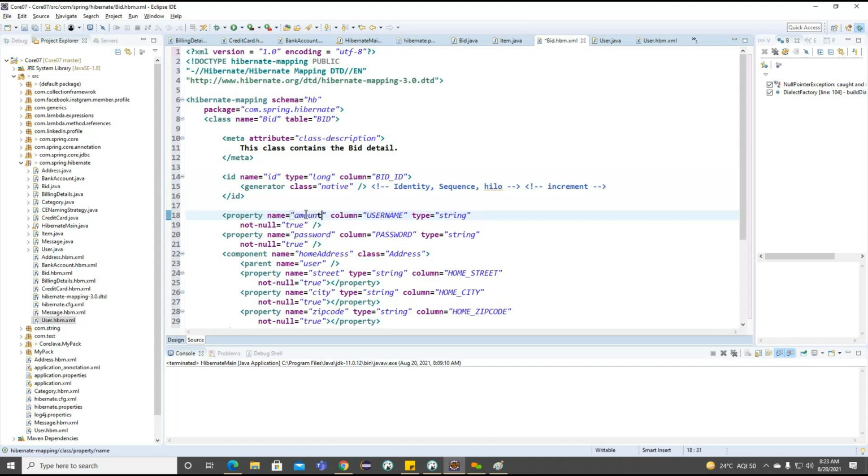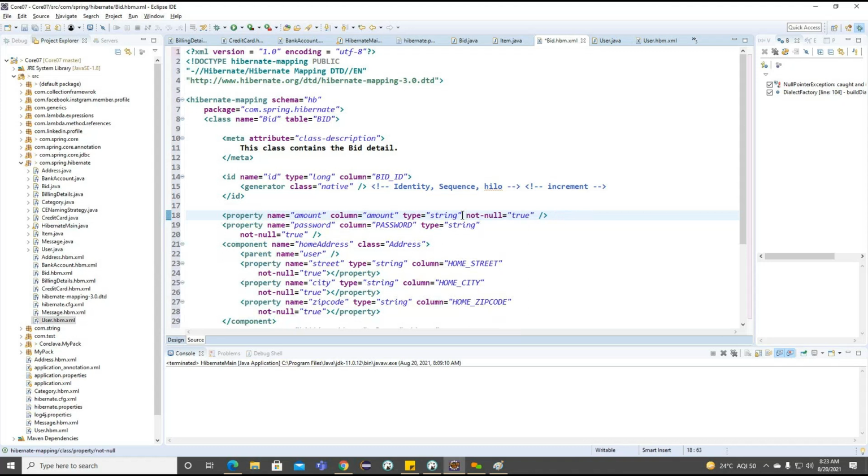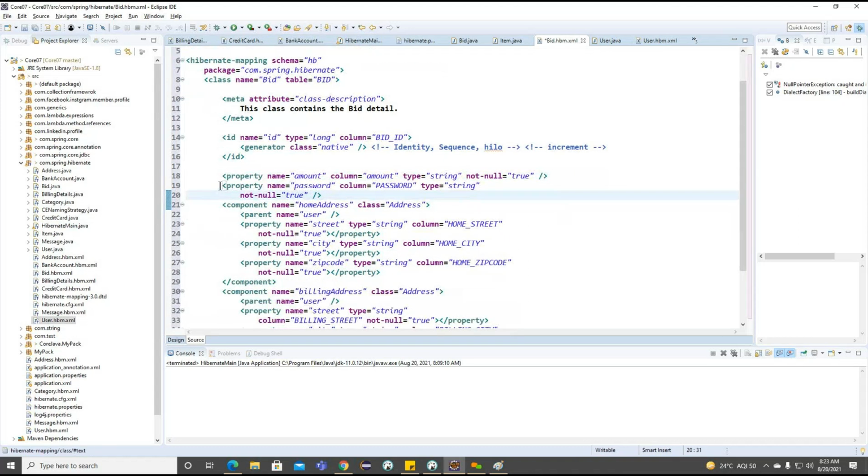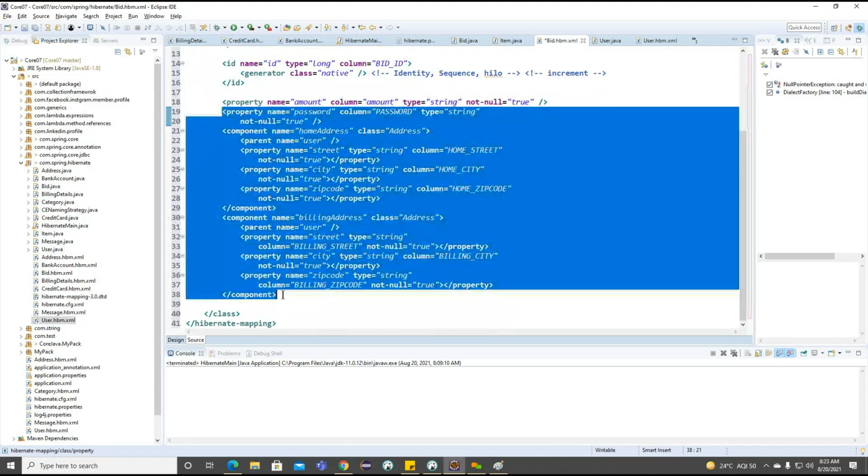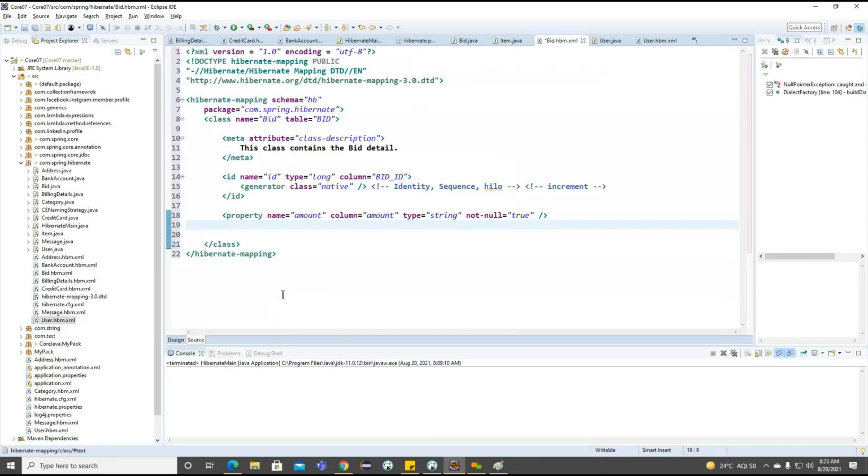And we are having the property amount, so string and not null constraints. Right. So we created this particular bit.